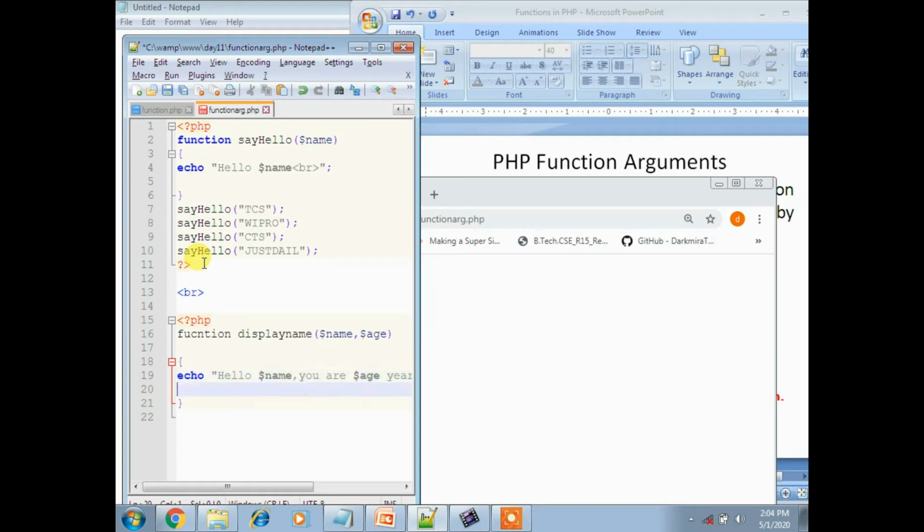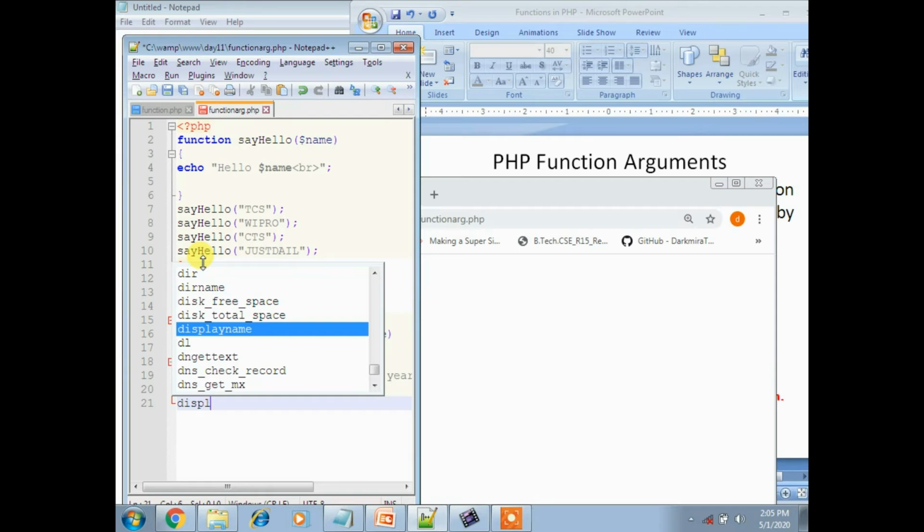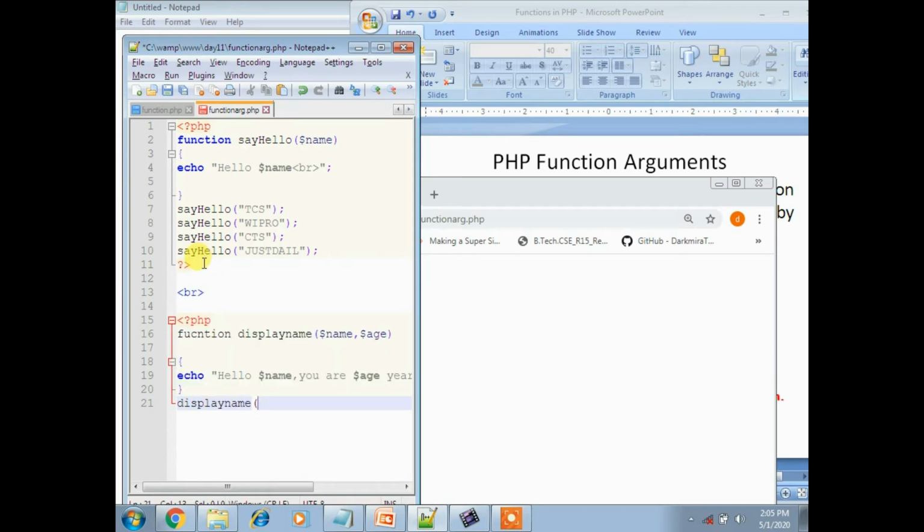Now echo is completed, and we have to call a function to display the values. What is the function I created? Display name. For this display name, the first variable that is taken is name, so I am taking the first value, Danu, and closing this with age 28.